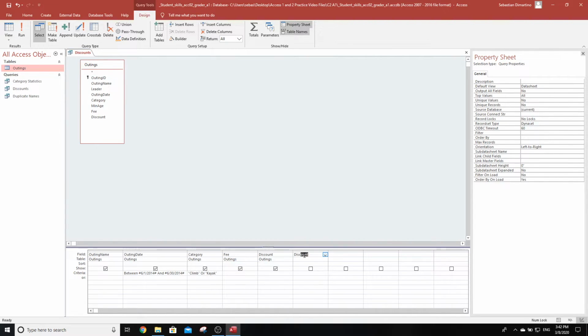So if I type in "discounted fee" with a colon and then a space, what will happen is when you run the query, it won't tell you "fee minus discount", it will actually say "discounted fee", which is proper. So let's do that. I'm going to go square brackets, fee, closed, minus, square brackets, discount,